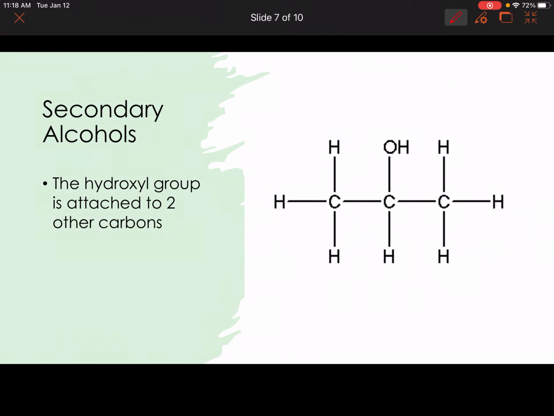Now, a secondary alcohol, again, we've got our hydroxyl group here. So I look at the carbon atom that the hydroxyl group is attached to, and then I look, well, how many carbons is that one attached to? And it's attached to 2 other carbons, and that's where we get the secondary from. So we have a secondary alcohol here,